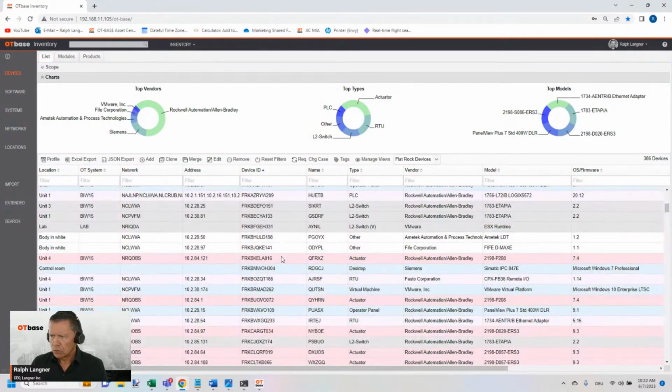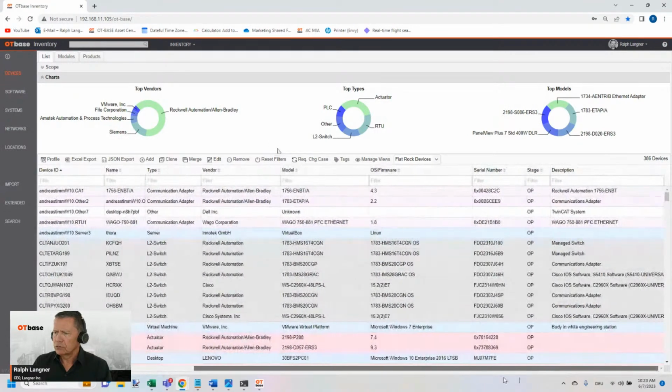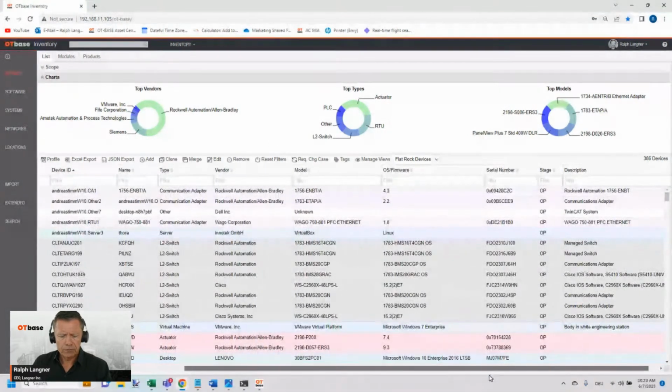So what I would like to show you is, and by the way, every row here in that table represents one device, as we had already seen it in Discovery. And what I would like to show you is how the data that you have seen in Discovery turns out in OT-based inventory, because now, remember, this is where all the consolidation comes together. So you will see a lot of additional data. Let's check this out. But before we go there, let me also highlight a couple of things,